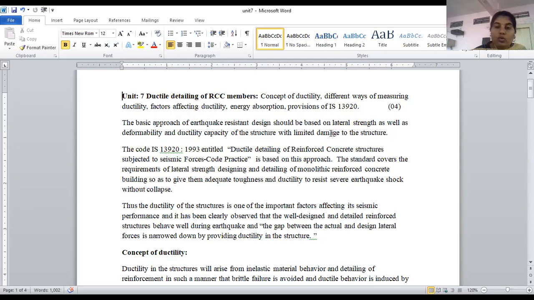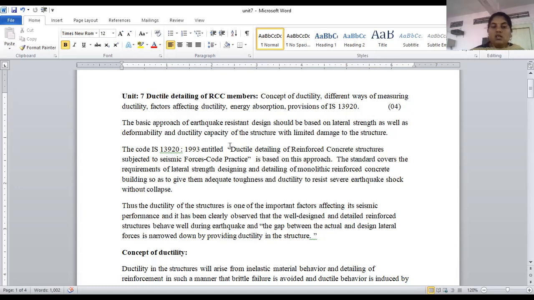So before damaging the structural components of the building, we have to understand how to increase the earthquake resistance of the building with all its components, how to increase the ductile detailing of the RCC members. With respect to these RCC members, we can make limited damage to the structure while different dynamic loads are coming on the structure.